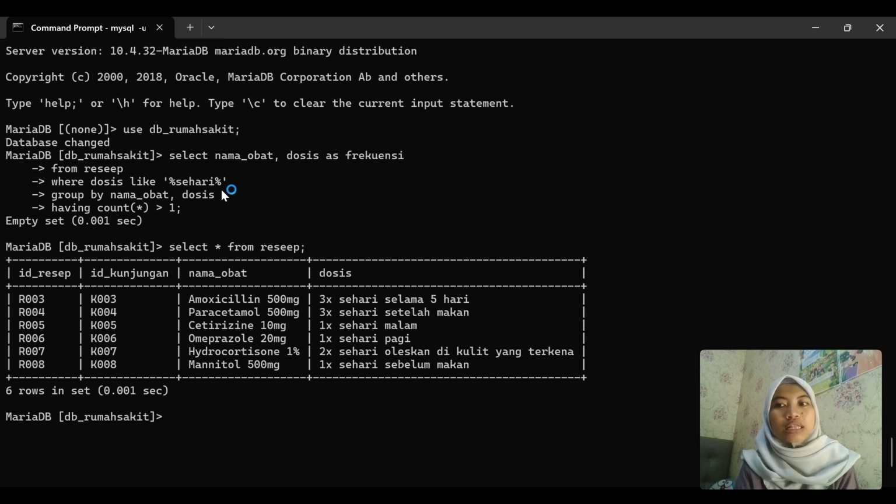However, the result was an empty set, which means there are no medicines in the database with a dosage that appears more than once. And I have finished answering all 13 questions in this second practical assignment, and thank you very much,